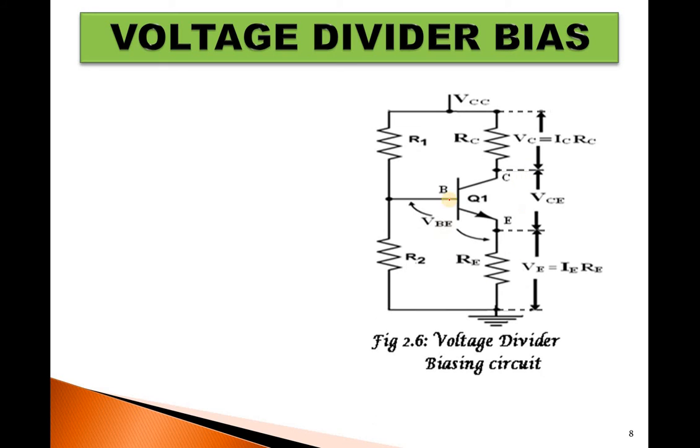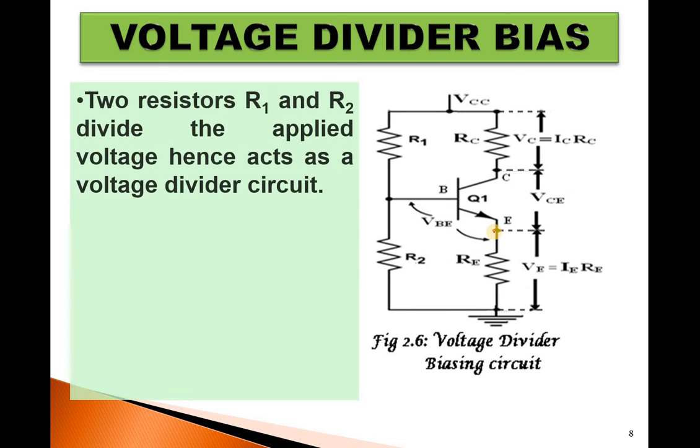I have already given an introduction to this circuit. Let me go through. R1 and R2 look like neither in series nor in parallel. But when a current flows through here, let me take this as IR1. It has to come here and it has to split. This is what KCL states. Suppose this is IR2 and this is IB. You know IB is usually in microamps, that is 10 raised to minus 6, whereas this is in milli or greater than that.